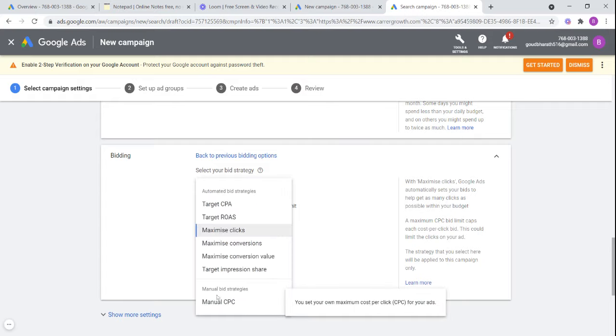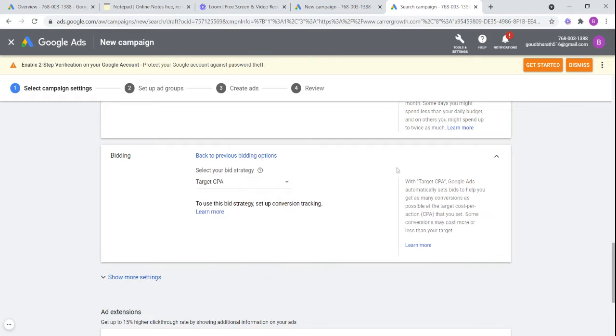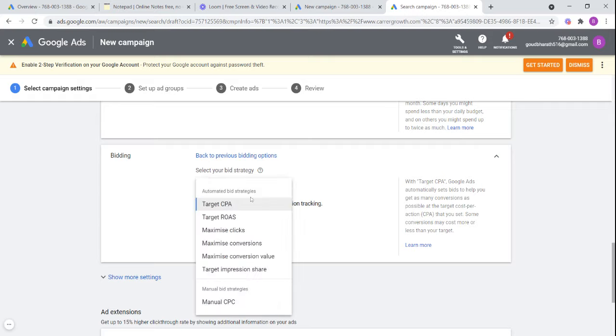Here you can see manual bid strategy and automated bid strategy. In automated bid strategy, Google Ads automatically sets your bid to help get as many clicks as possible within your budget. If you select CPA, with target CPA, Google Ads automatically sets bids to help you get as many conversions as possible. Everything will be taken care of by Google's artificial intelligence.